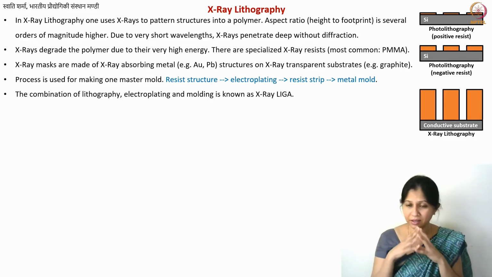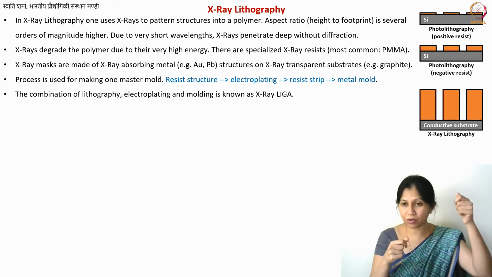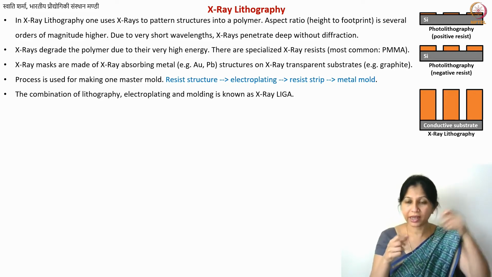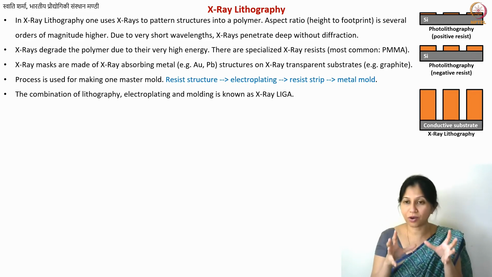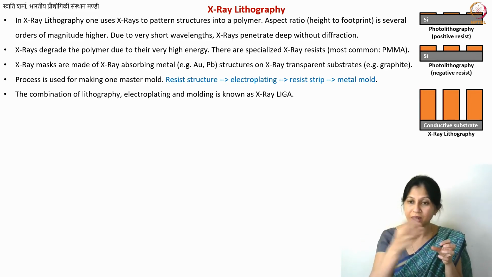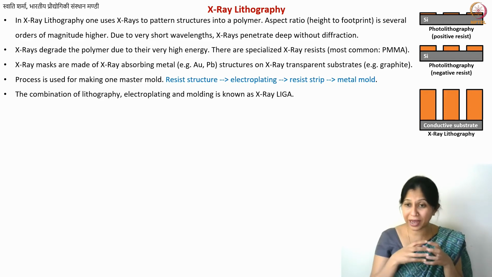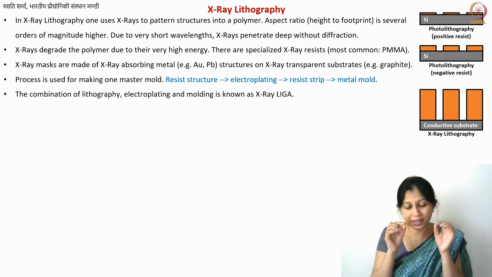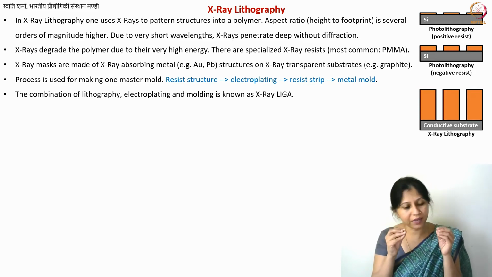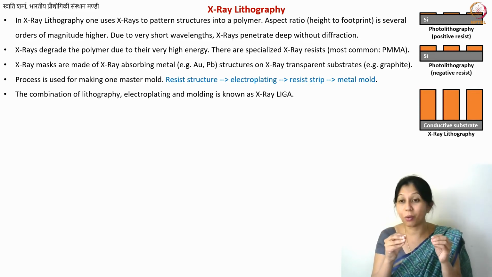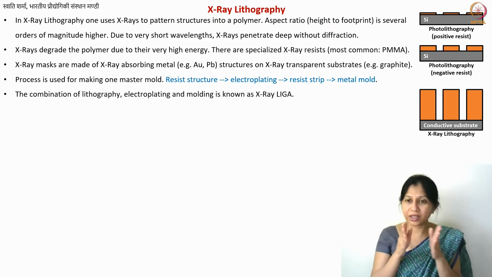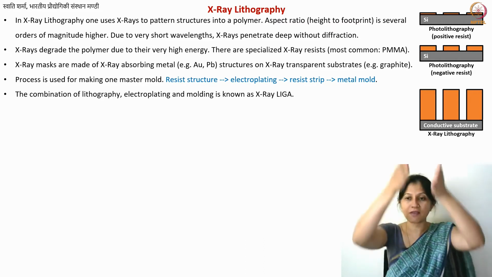For that, I make this resist structure, and I do electroplating on top of it. You know what electroplating is. It is a very well-known technique where you make an electrode out of your structure, and you have a specialized electrolyte solution which deposits a certain type of metal atom by atom. Since it is a liquid electrolyte, it can go inside these deep walls. Remember, these walls are just a couple of micrometers, with very high aspect ratio.